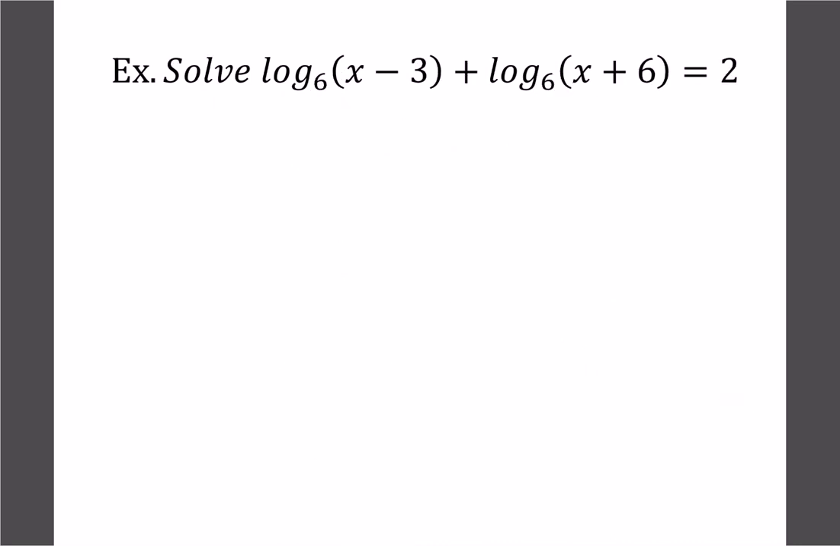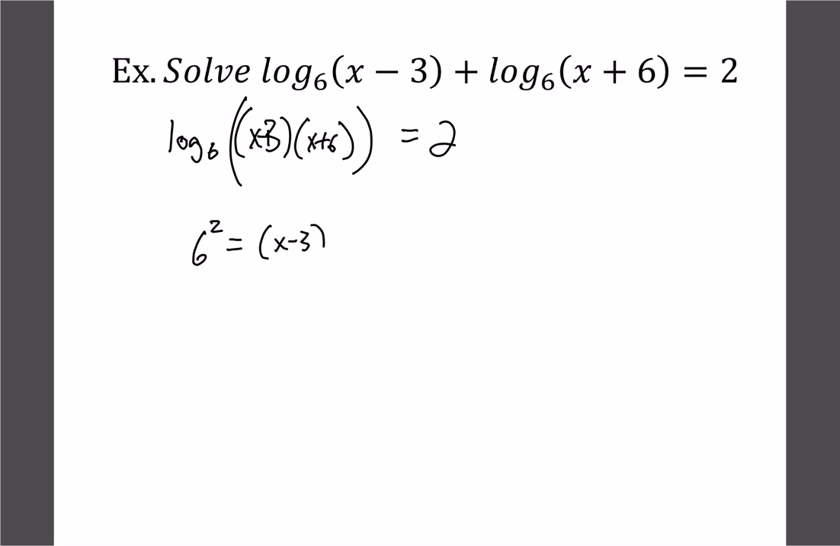Okay, here's one that looks very similar, but it's actually a little bit tougher. So we have log 6 plus log 6, so we've got an addition. So remember, that's going to mean we have log 6 of x minus 3 times x plus 6. And that's going to equal 2. So if we use our crisscross rule, we'd have 6 to the power of 2 equals x minus 3 times